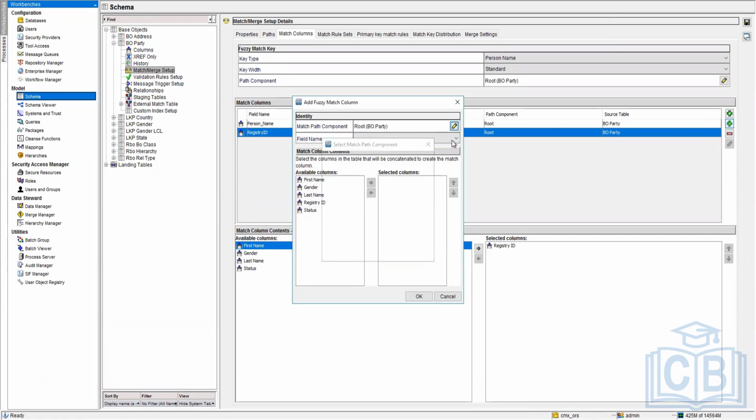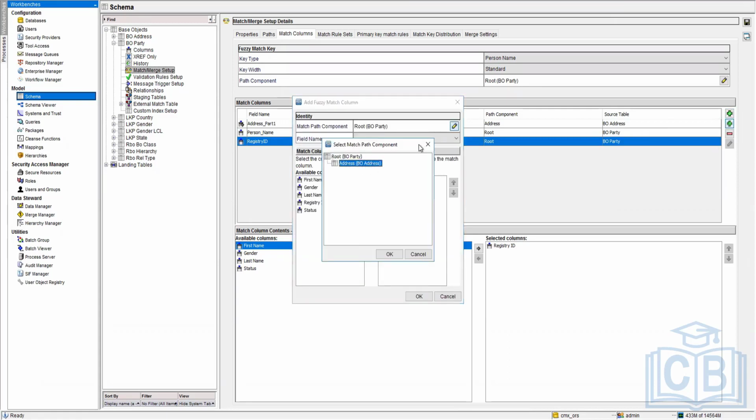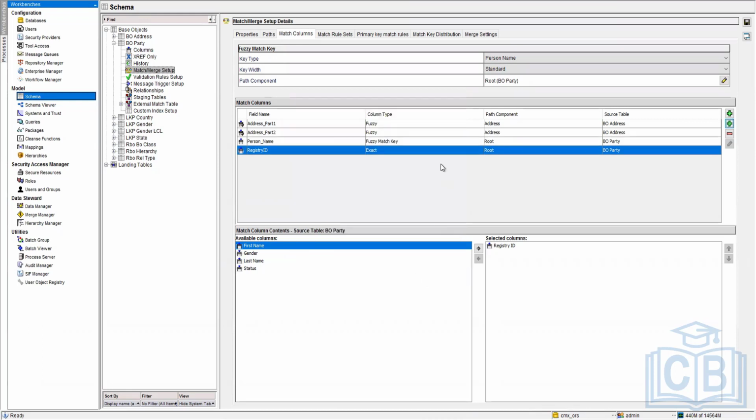So you can see match path over here. I can go ahead and select the address and all these things will come into play. Field name, now I have to select the field name. Part one will be this. And I can go ahead and add another. So with that, I need to go ahead with postal area code or address part two. Address part two will contain my city and my country. These things are there. So I created exact attribute and fuzzy columns with a fuzzy match key because my strategy was fuzzy,